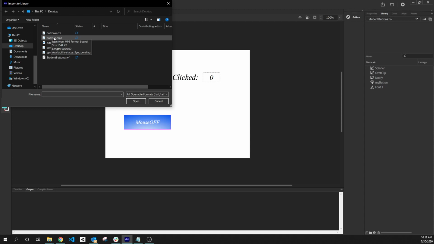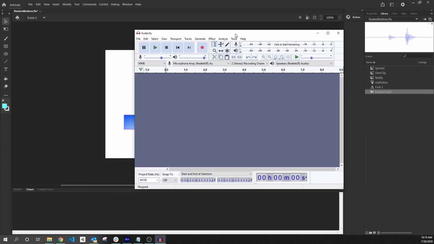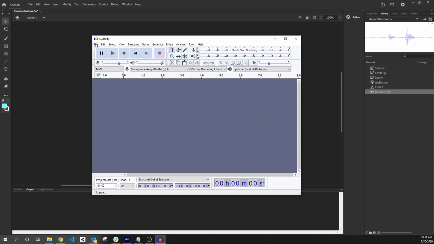And what we want to do here, I have a button sound that I have converted using Audacity because Adobe Animate prefers that your sound be in a very specific format. So I'm going to go ahead and import that one first, and you'll see that that button got added in. Now I want to just show you what I did in order to do that conversion. So here I have Audacity, which is free. You can download it